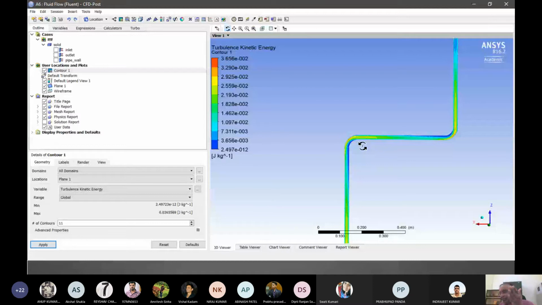In that sense, we can give them two cross sections and show how the ventilation would have worked. So this is about turbulence.